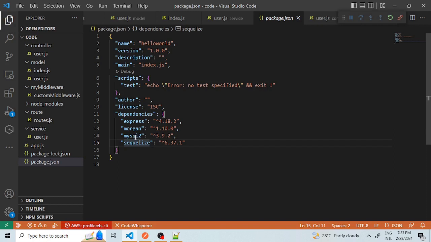And mysql2 is a driver package, so it depends on which database you are using. Here I am using MySQL, so I have installed mysql2. If I was using Oracle, then I should have taken the Oracle npm package. I have already installed these two packages, and to start connecting with the database, first and foremost